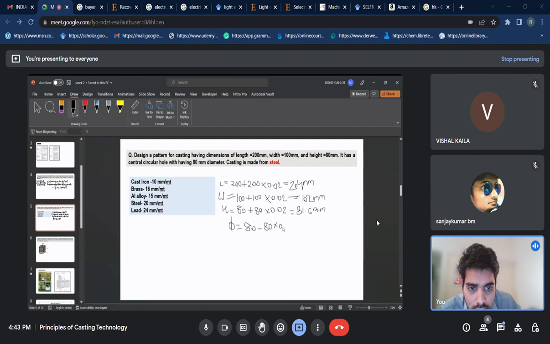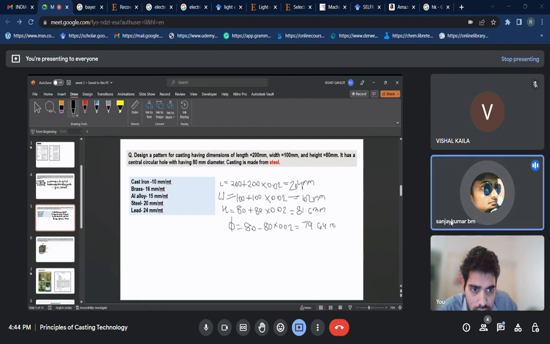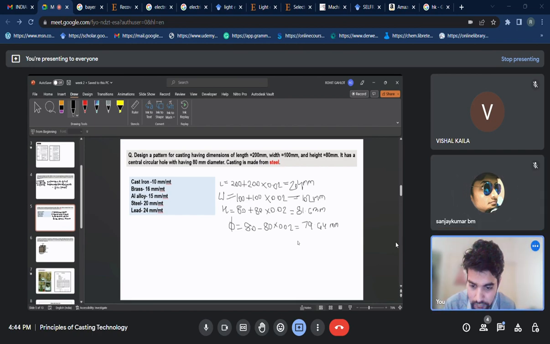Then if you talk about the diameter, as I told, it will be negative here. So it will be 18 into